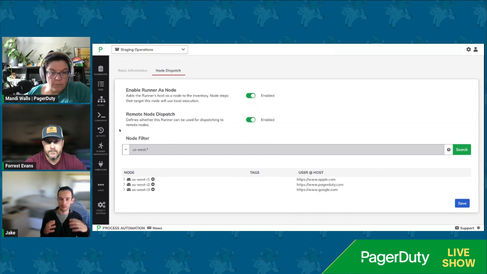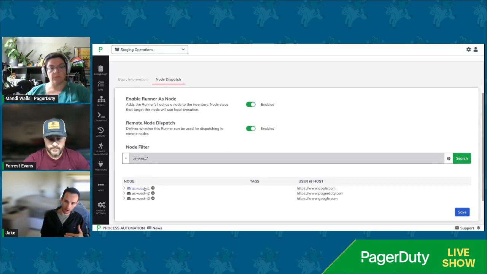It creates a mapping between a runner and a subset of your node inventory, such that whenever you target one of these nodes, the system implicitly knows which runner to use based off of which nodes are being targeted. So in this case, if I target a node in the US West region, so any of the US West availability zones,